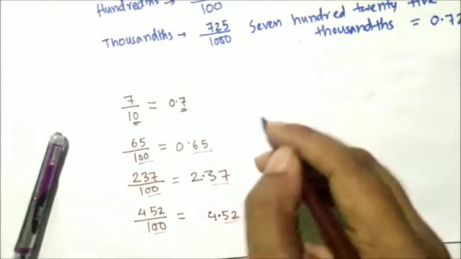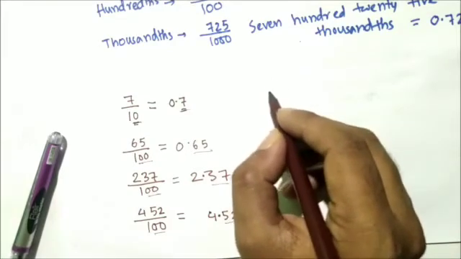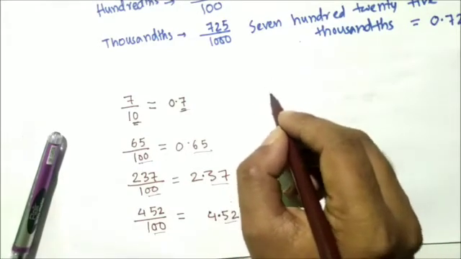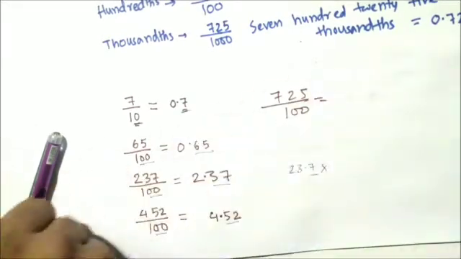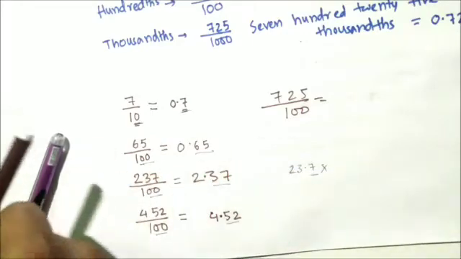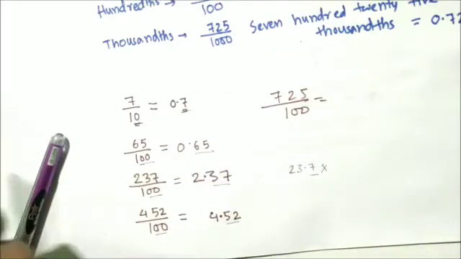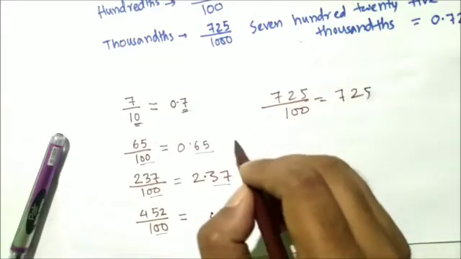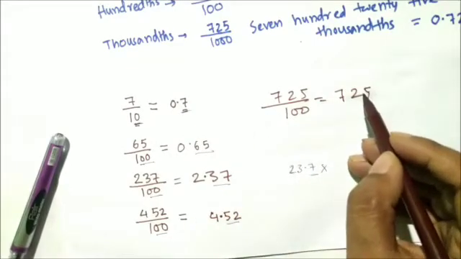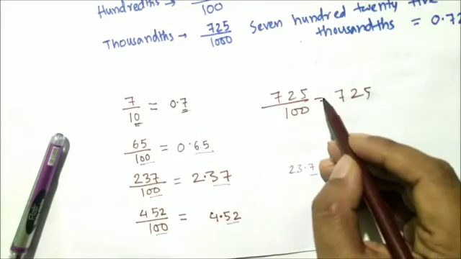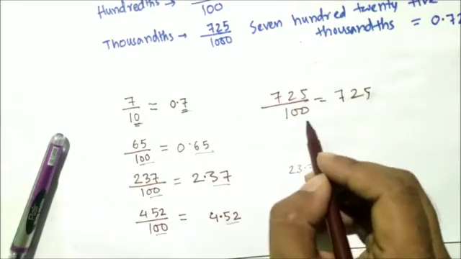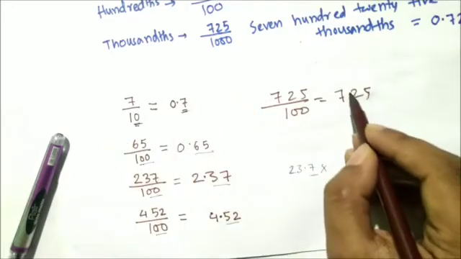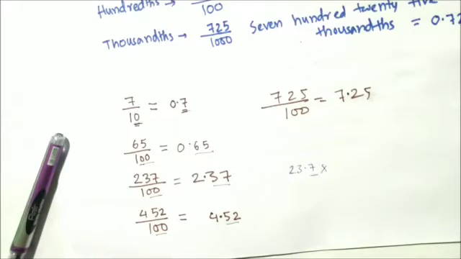Now you tell me, if I just want to write, say, 725 by 100. Oh, the same thing I have written. Okay, no problem. Yeah, it is different. So where will we place the point? Will we place the point before 5? No. Will we place the point before 7? No, because if we place the point before 7, we will have 3 digits. But here how many zeros? 2 zeros only. So we will place the point here. I hope it is clear. I hope all the things are clear now.